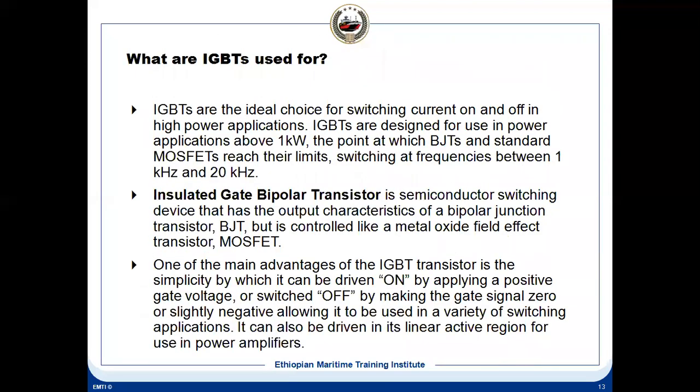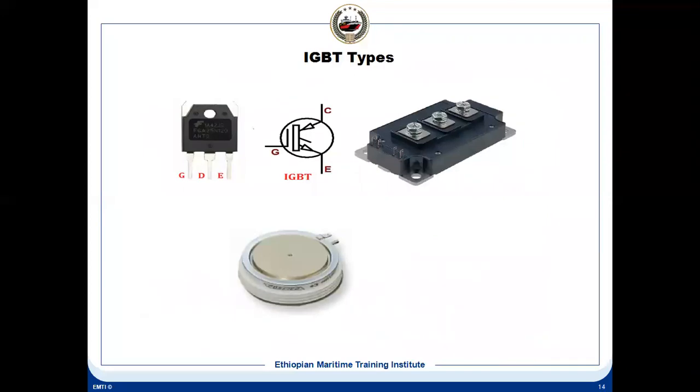Before coming to this, I'll just show you what the applications are and how the IGBT looks. You see, these are the different types of IGBT available in our shipping industry. We are basically using all these four types. We are using this type of IGBT also, like an IC shape, like a small box type. This is also used. This is called the press pack IGBT. This type of IGBT is used in ships' propulsion drives.